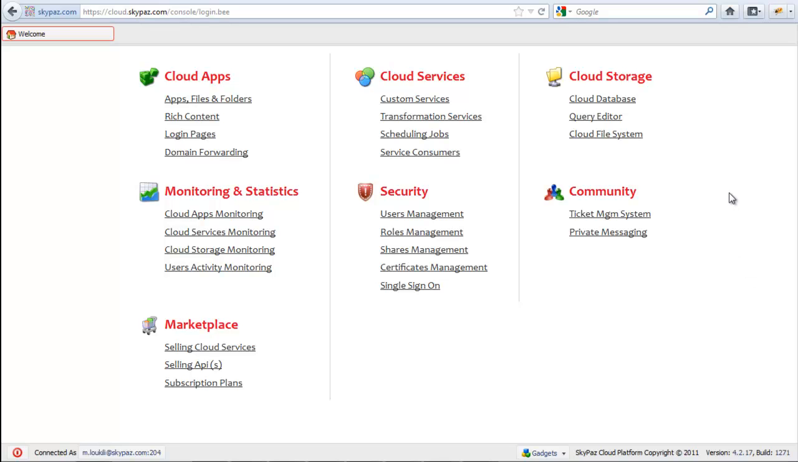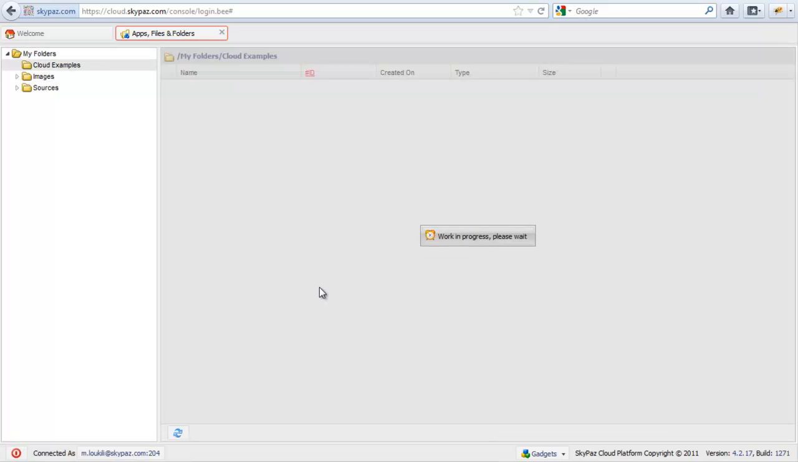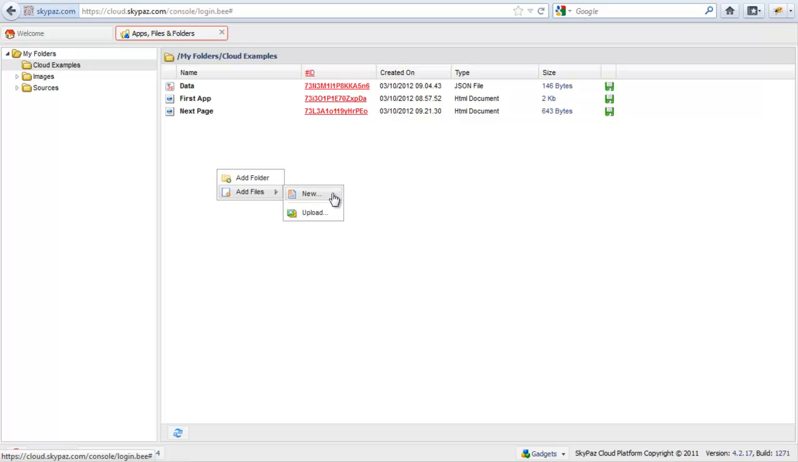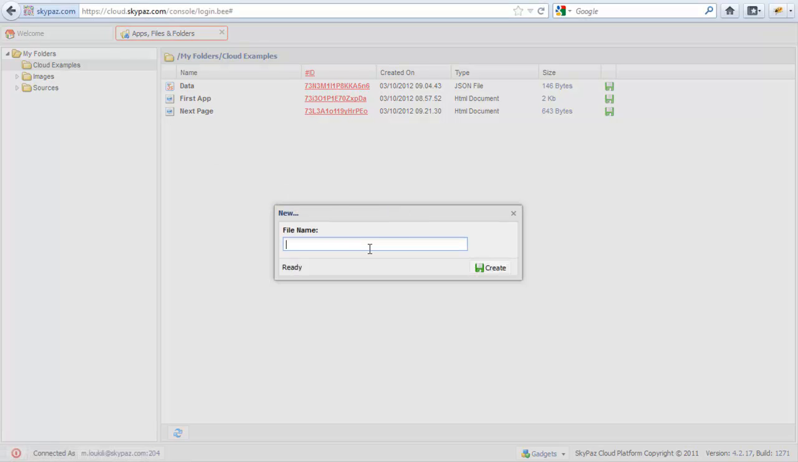Hi, in this demo I will show you how to create forms and submit actions and forward to pages. So from the main menu, go to Apps, Files and Folders, and in Cloud Examples, for example, I'll create a new HTML page,